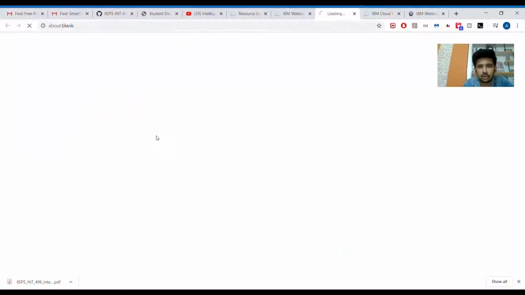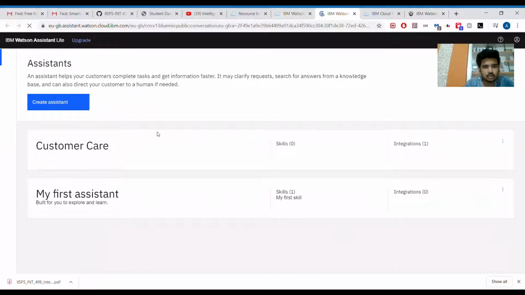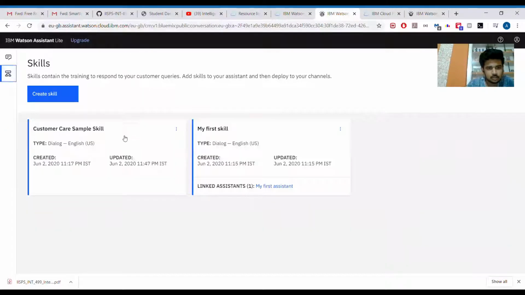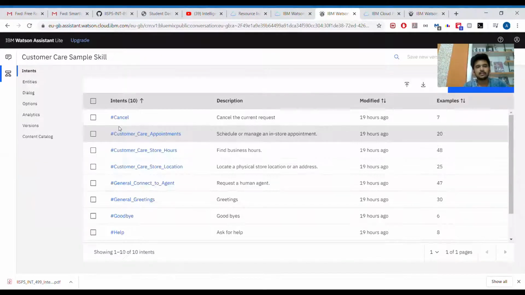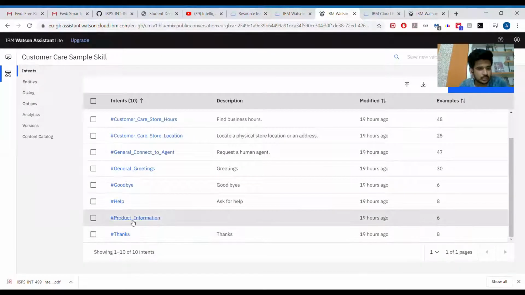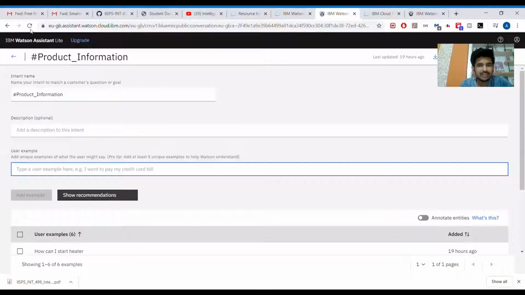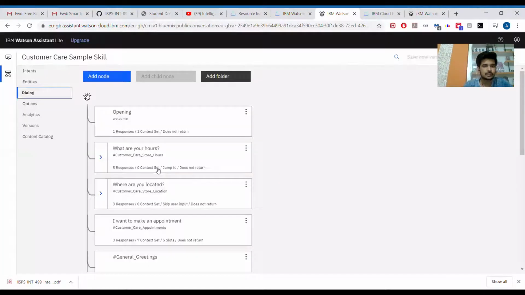I have already loaded the page. For Watson Assistant, we have nothing to do, just go to the resource list and launch our Watson Assistant, and this page will come. I have already created an assistant, its name is customer care. Customer care skills. Here we'll pass our information related to the project information, which we have scanned before by the discovery function. We will test our given questions against its answers.